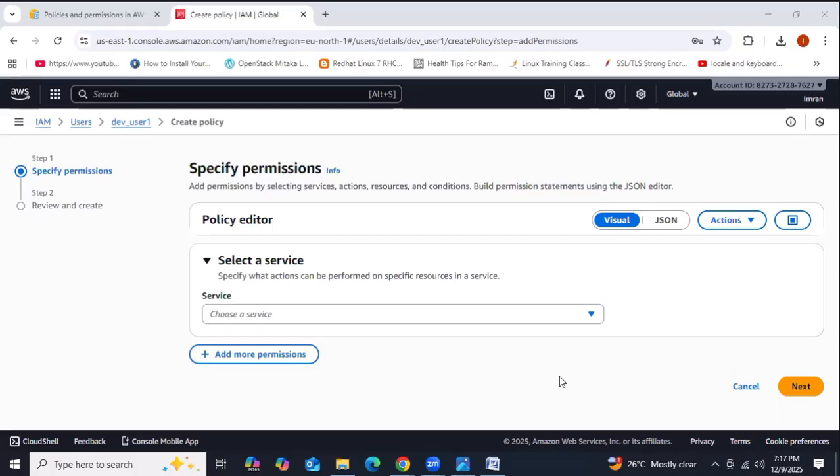We are unable to assign the inline policy to multiple users. That inline policy belongs to only a particular user and particular group. Only that user has that policy. We are unable to assign the same inline policy to another user. What we need to do is use a customer policy. Got it, guys? Same. You can select according to your requirement.